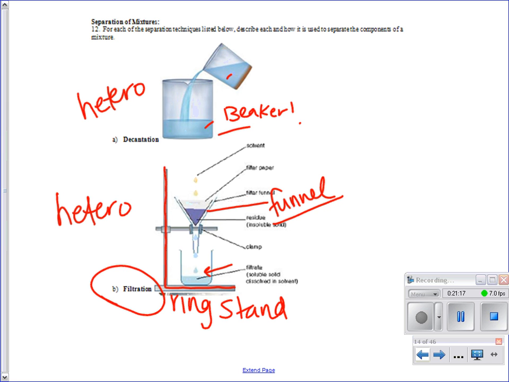Originally, these were made where you had the ability to put on and off these rings, iron rings, where you could put stuff on like a wire gauze and then put something on it to heat underneath. In addition to putting rings on here, though, you can put clamps. That's a clamp. So it's clamped on, and you got this little thing that you can hold the thing. So all of this stuff is removable, and you move it up and down and can adjust the height and all that stuff. All right, so you got to know the ring stand. So anyway, any questions on filtration?